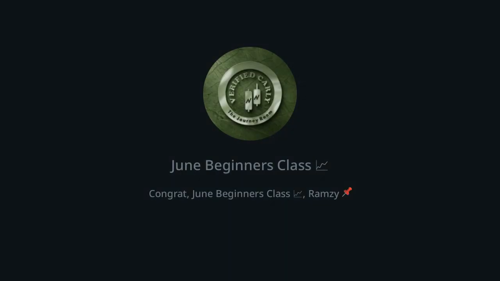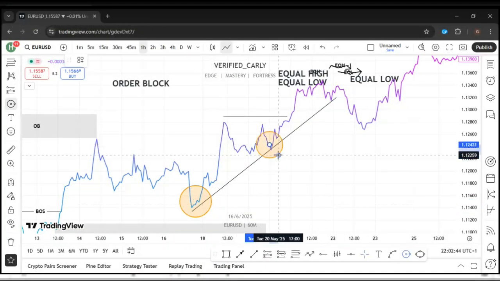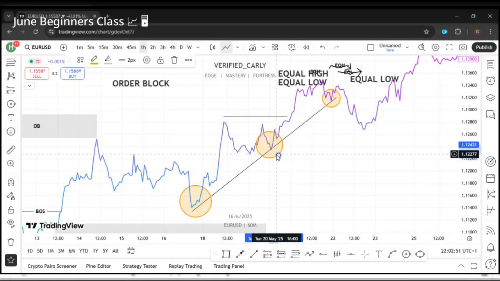Look at the first tab here. Look at the first tab, right? Look at the second tab, and look at the third tab. So if you are looking at this in this kind of scenario,